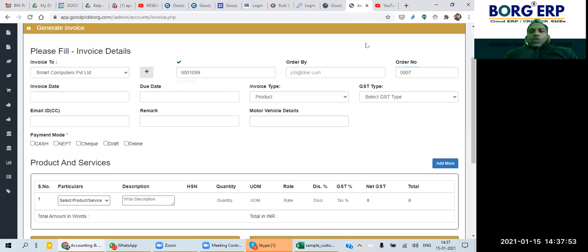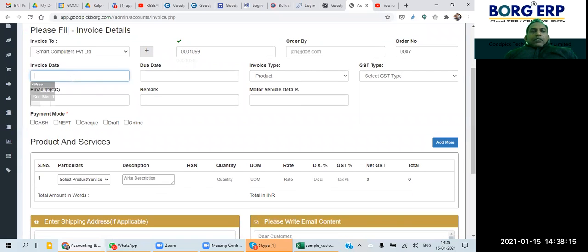So this comes automatically, but if you have some purchase order reference or something like that, you can add it or modify it. For example, 0007, I can remove this and put whatever I want. Otherwise, if I want it as it is, I can leave it.